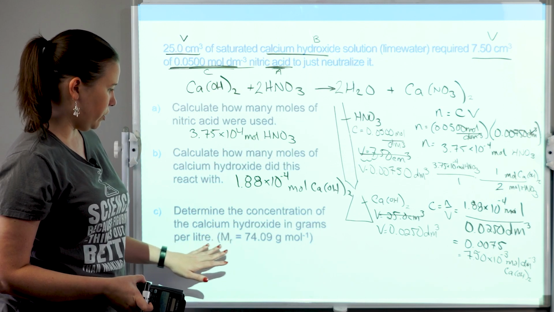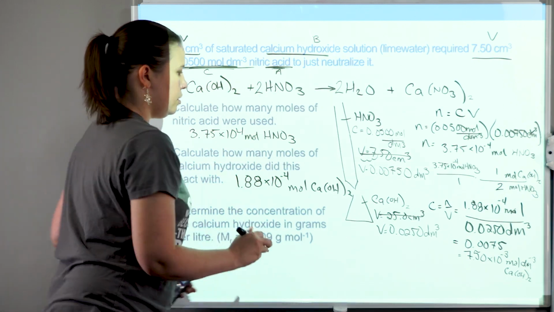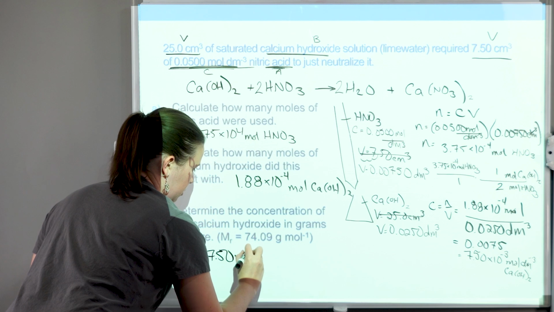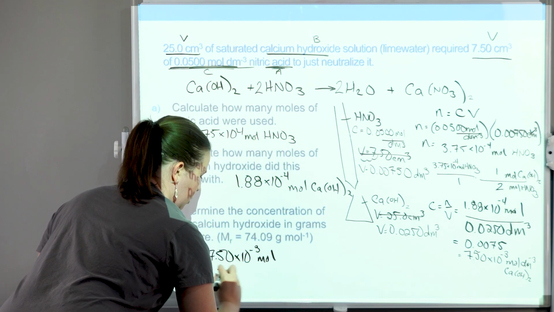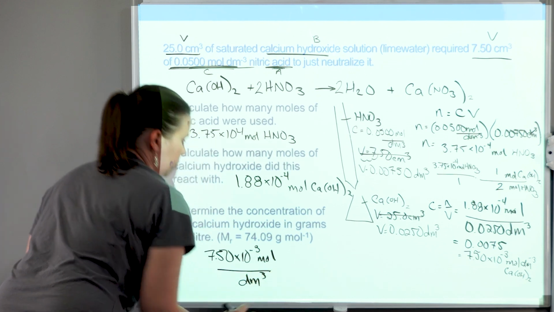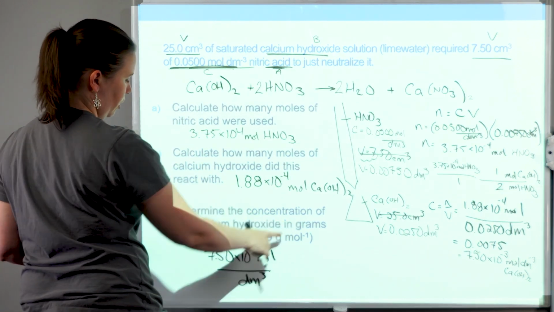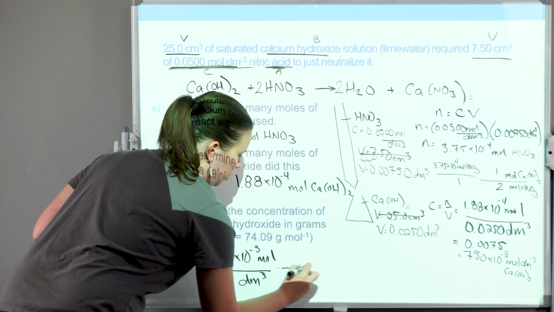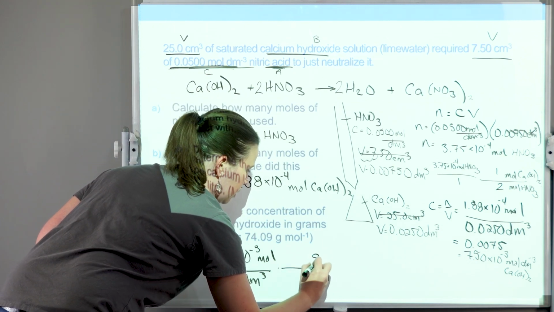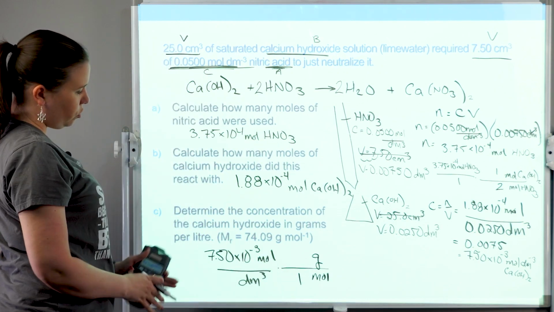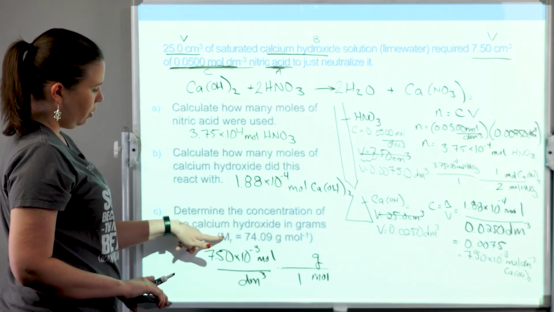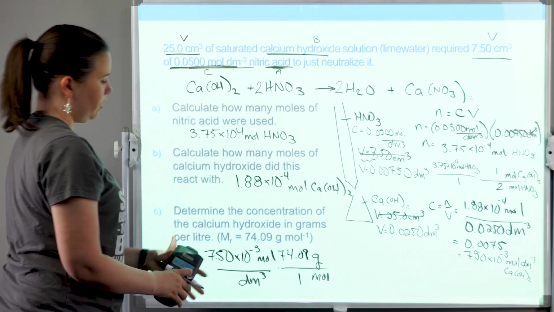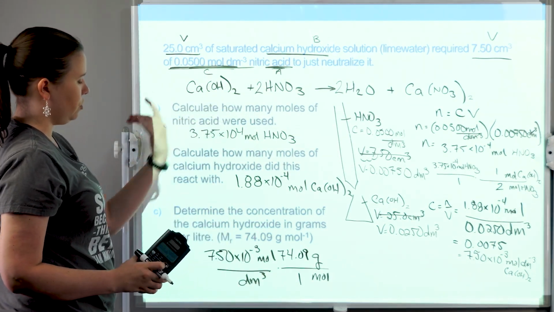But this time, it actually wants it in grams per liter. So let's look at that conversion. If I start with 7.50 times 10 to the negative third moles over decimeter cubed. What it wants on top instead is grams, but I'm in moles. So mole to gram, we just need our molar mass. So I'm going to go ahead and put moles on the bottom and grams on top. I know 1 mole is equal to the molar mass, and it's actually given in the question here. The relative atomic mass is 74.09,